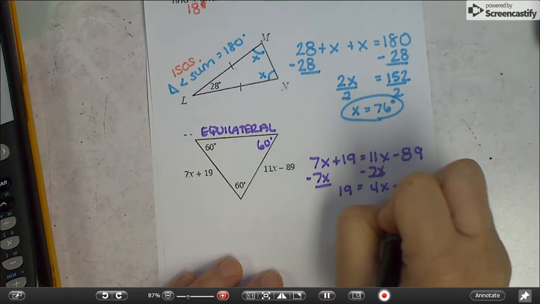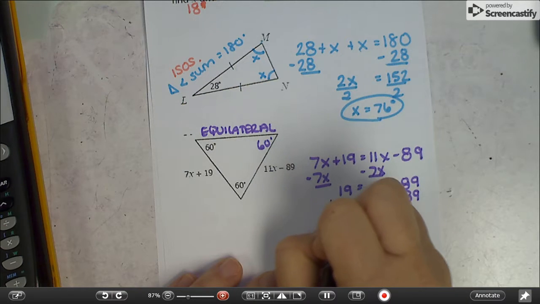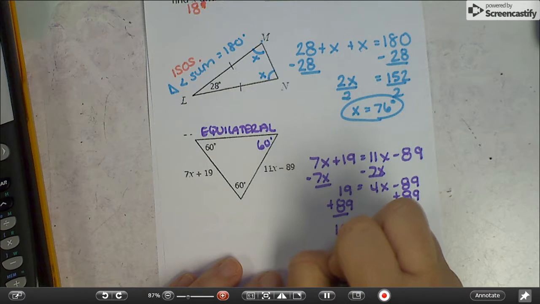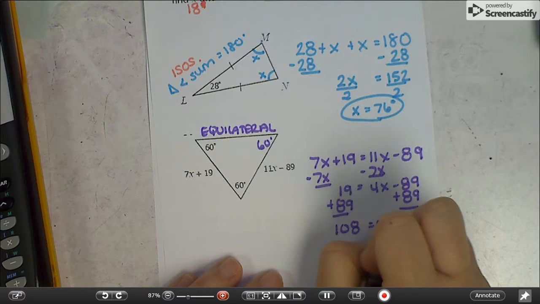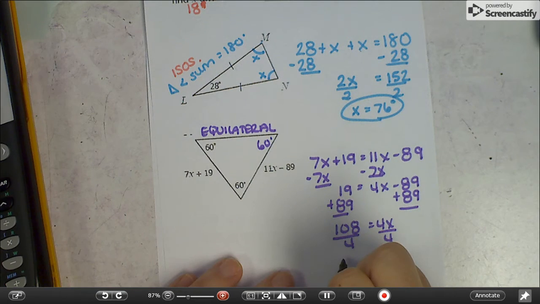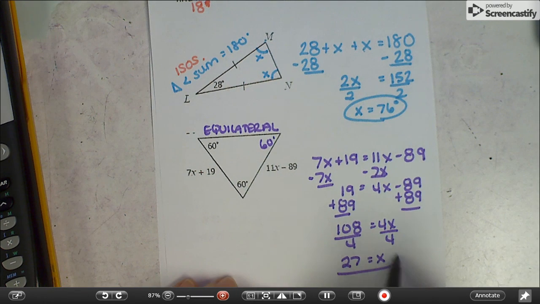I don't know why I used a calculator for that. So x equals 27. And if the question